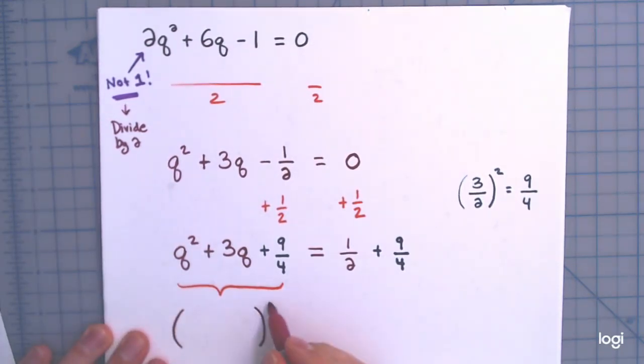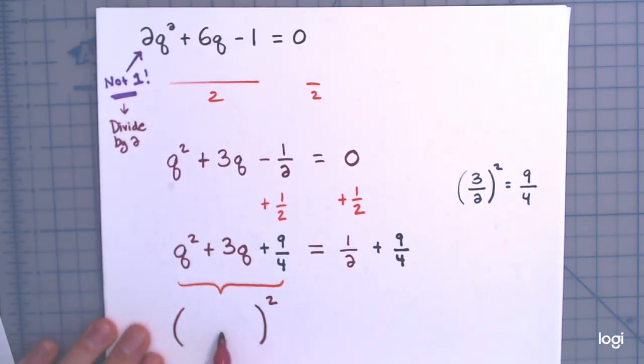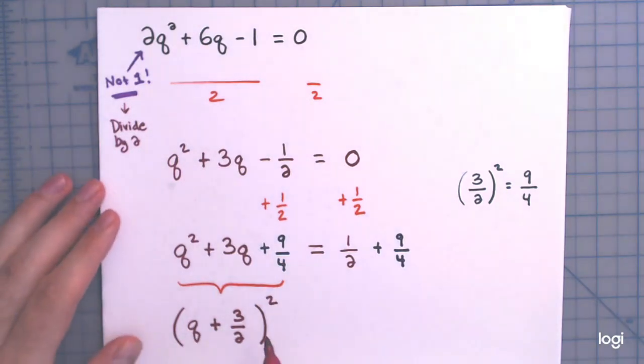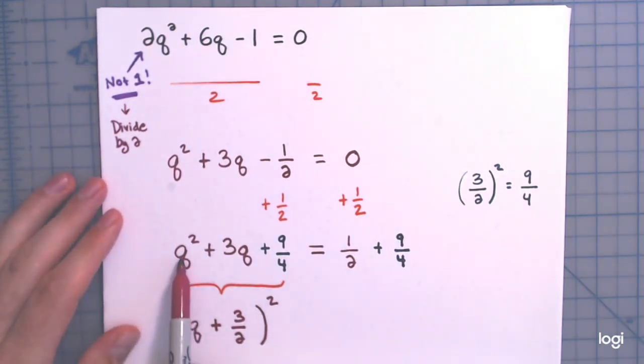As one expression to the second power, one expression squared. And what that expression is, again, is just the variable q plus half of the number that was on the first power term. So half of 3 was positive 3/2. And again, double check. Take q plus 3/2 and multiply it by q plus 3/2. Do all the distributing and combining like terms, and you will indeed see that you get q squared plus 3q